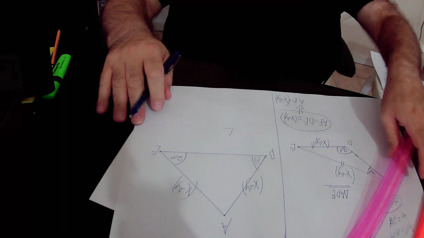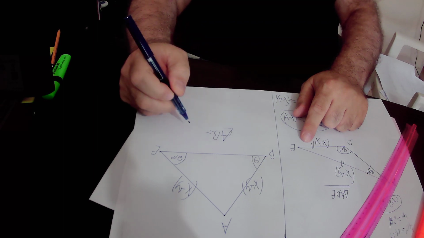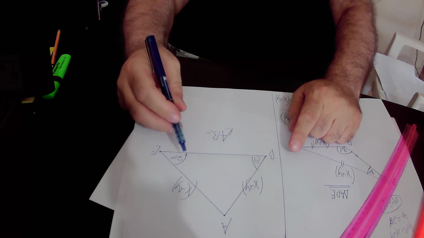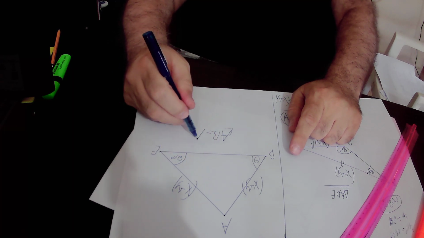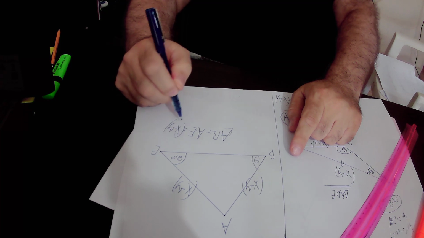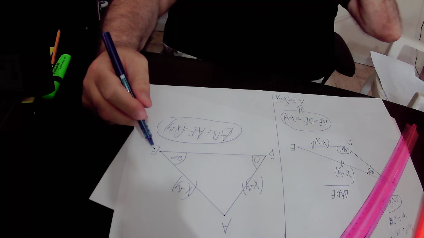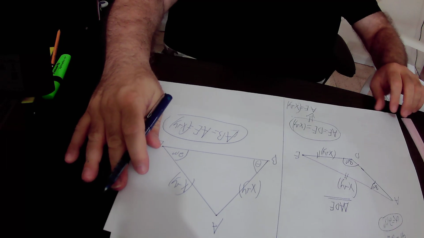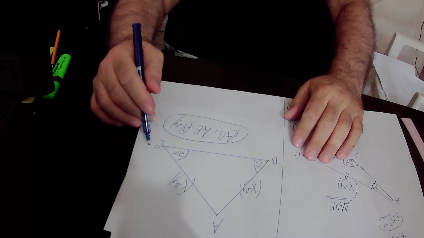So both sides, side AB and side AE, are equal to x plus y, therefore they are equal to each other. That is to say, side AB equals side AE. Repeat again, they are both equal to x plus y, therefore they are equal to each other. So in triangle ABE we have two equal sides, and according to the rule that in front of equal sides in a triangle there are equal angles,